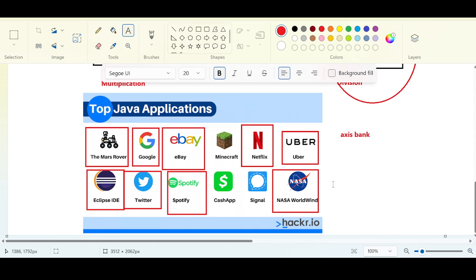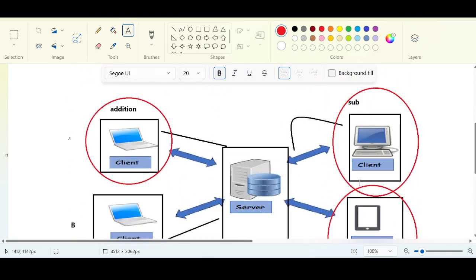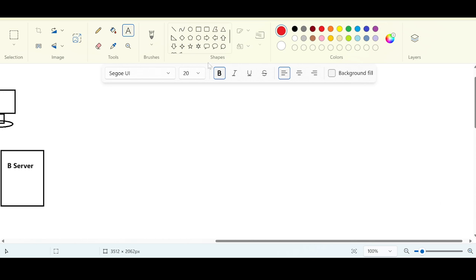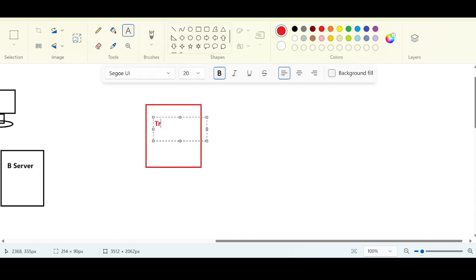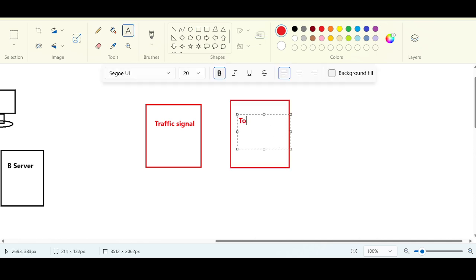Okay. Do you know that Java is not only used in computers, guys? Never have such kind of analogy, because every machine, like the traffic signal machine, you know what is a traffic signal machine? To operate a traffic signal machine, they are using Java internally. Okay, and also the toys, television dishes, remote programming.